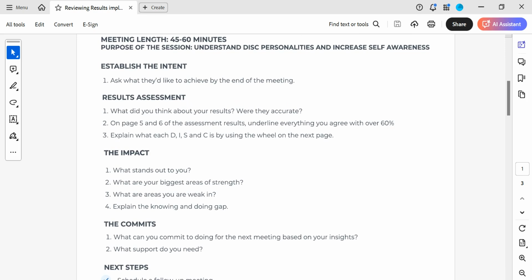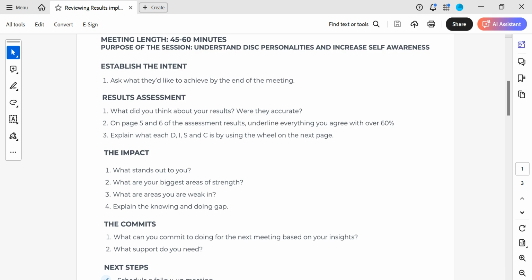So as you're sitting down, you can say, you've just taken this assessment. I'm here with you today. What would you most like to get out of this meeting that we have so that we can use our time wisely? And often people will have something that they're really curious about, or something that they would like to work on, or just something that immediately comes to their mind. And so your job is to figure out what that is and ensure that they've achieved that by the end of the meeting with you.